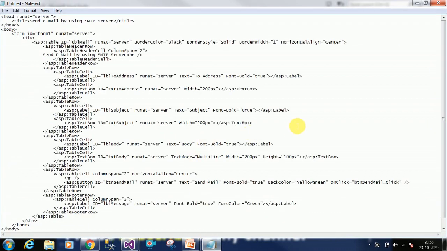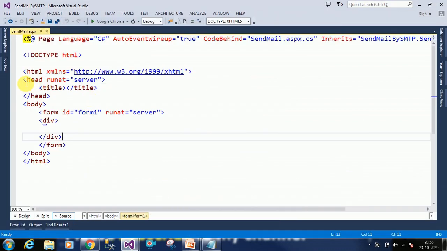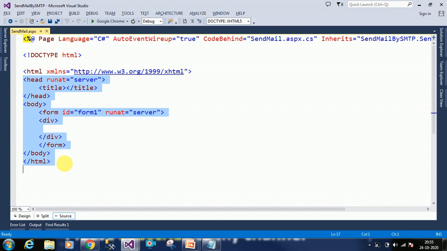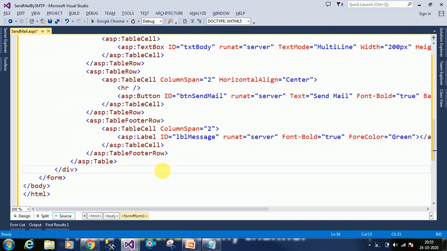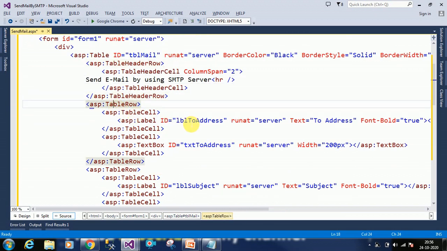So our web form has been created. To make things fast, the design part I already kept ready. I am copy pasting this one, and I will explain the entire thing. We are giving page title as send email by using SMTP server, and we are creating one table. This is the table header text, and then we created one table row for to address.